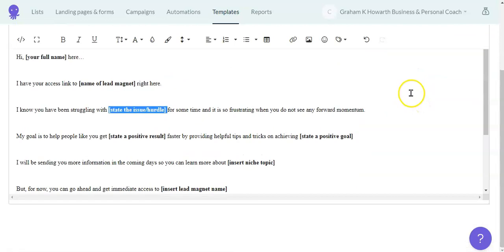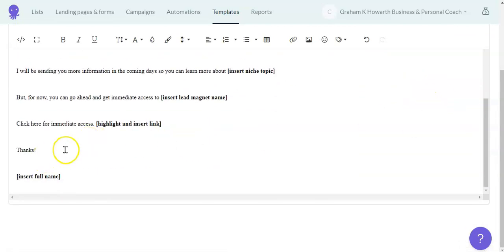Now, for example, we might want to put in here, thanks for supporting PageBuilderInMinutes.com, or whatever we want to put in there.